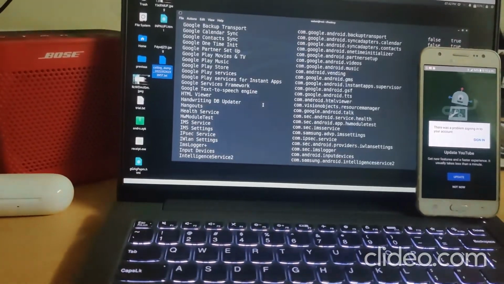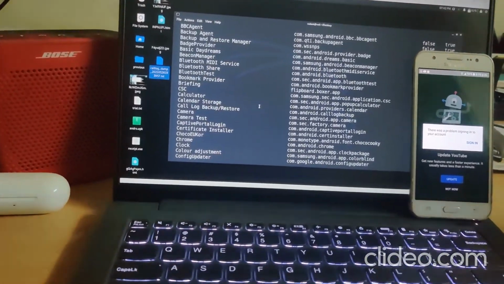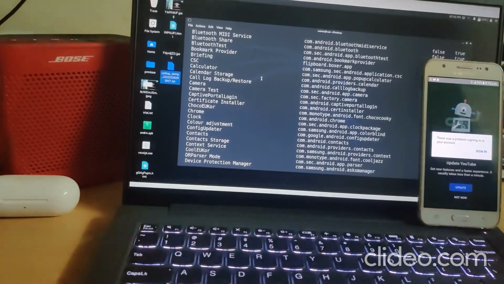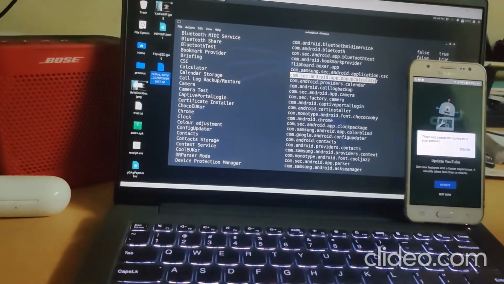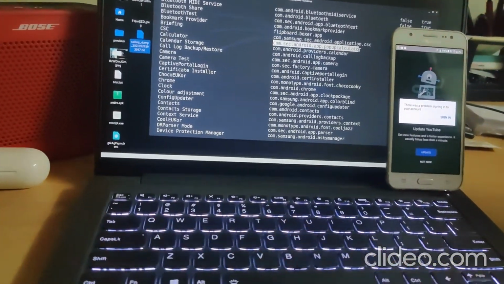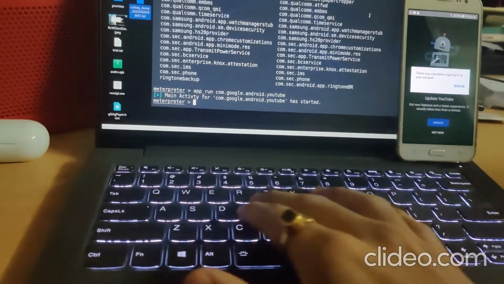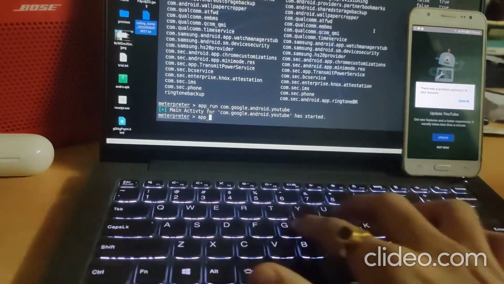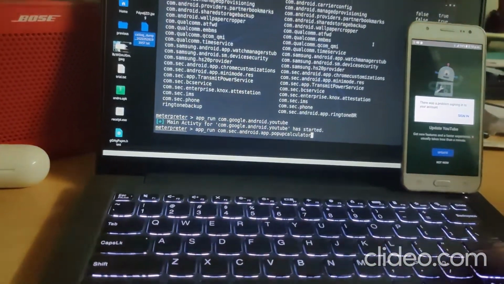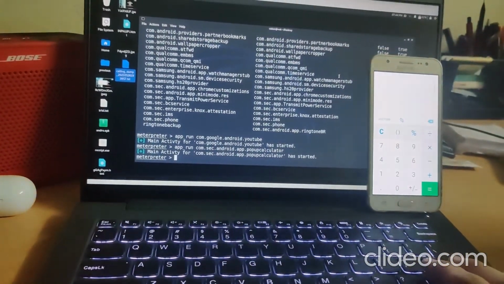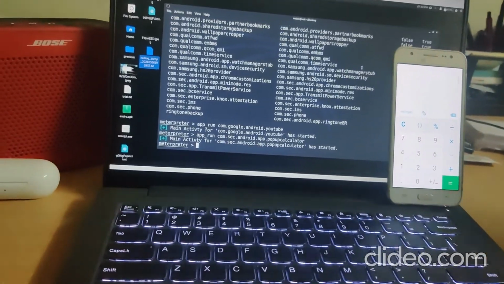Let's go for something inbuilt, like the calculator. I'll just type app_run, then I'll paste it, hit enter. We see the calculator opens up.